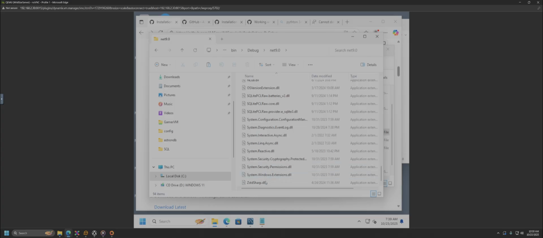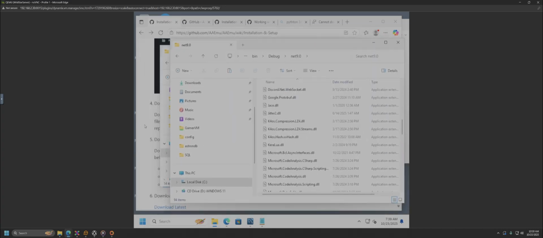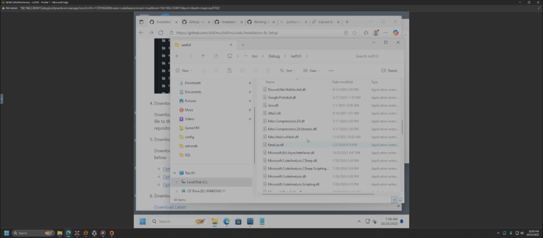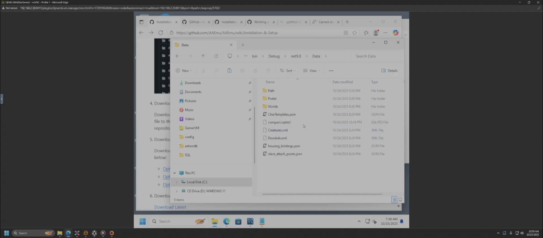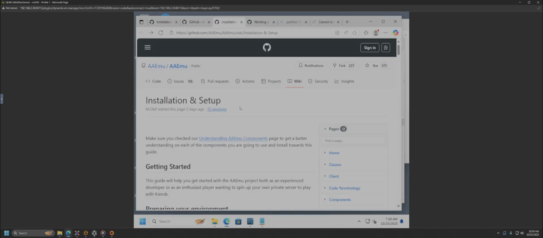Where is it? I don't know what happened to it. I had it in here. I know I did. I forget what it's called. Oh, it's called Compact SQLite. Okay. So it would be up here. Wait, does it go somewhere else in here? Does it go in data? Okay, it goes in data. Okay, yeah. And the only reason I found that out was if we go to,